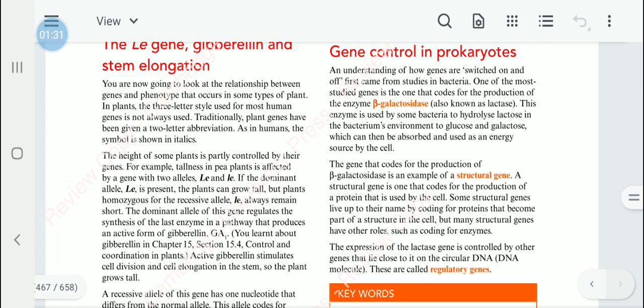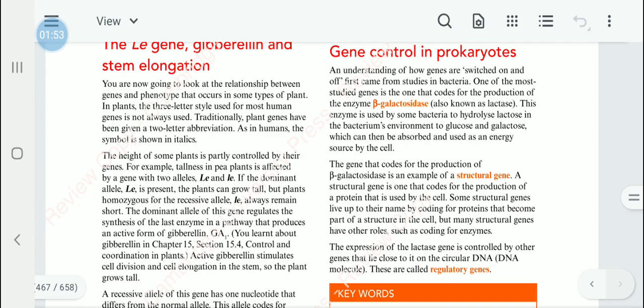There is one genotype, capital L simple E, and the other genotype is simple L simple E. If the capital L simple E allele is dominant, then the plants can become tall,